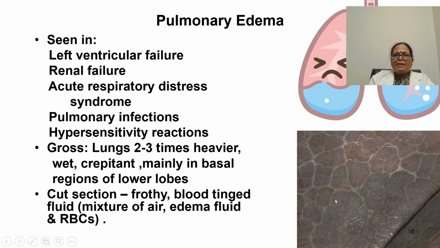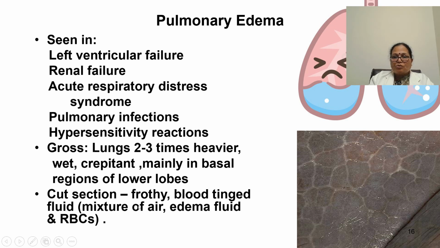Now, pulmonary edema. What has happened to the lungs here? There is fluid and the lungs are unhappy. Okay, pulmonary edema is seen in left ventricular failure, renal failure, acute respiratory distress syndrome, pulmonary infections, hypersensitivity reactions. Grossly, lungs are 2 to 3 times heavier, wet, and repeatedly, mainly in the basal regions of lower lobes. You can see the fluid. Cut section, frothy, blood tinged fluid